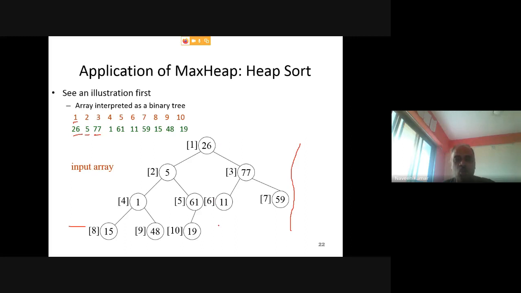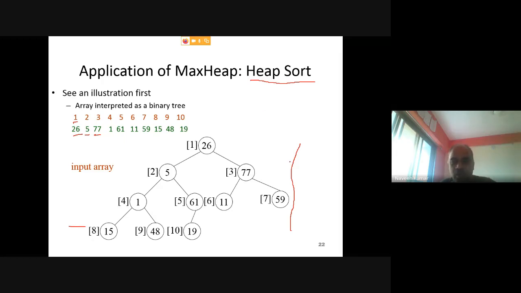So this is your input, it is not a max heap basically. We are trying to implement it. You can think of heap sort as an application of max heap. Using max heap, you can actually sort the elements. This is the idea.